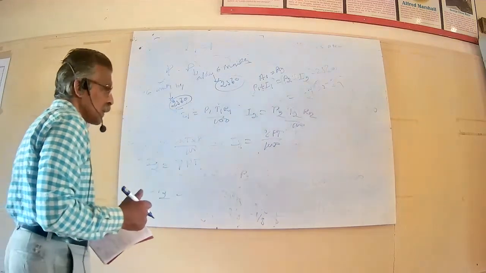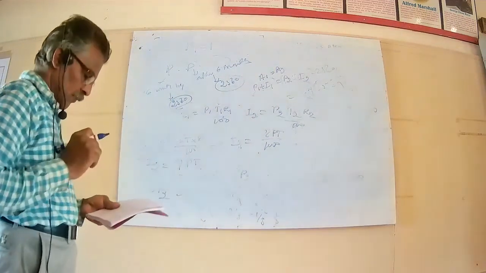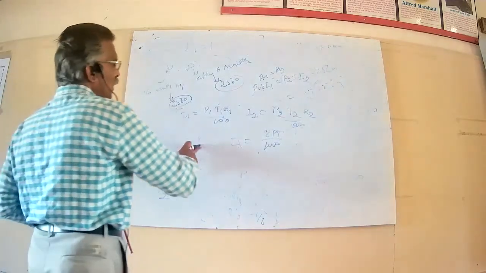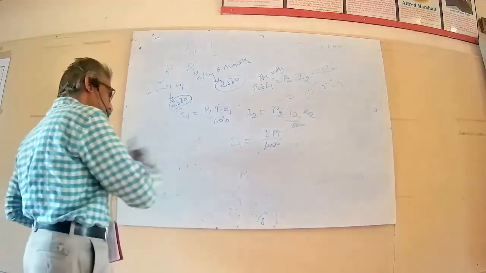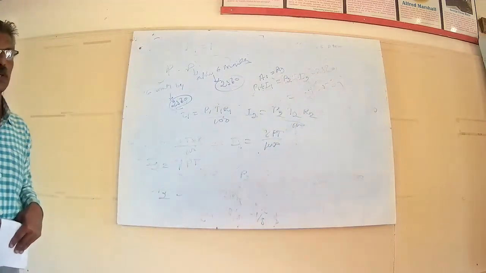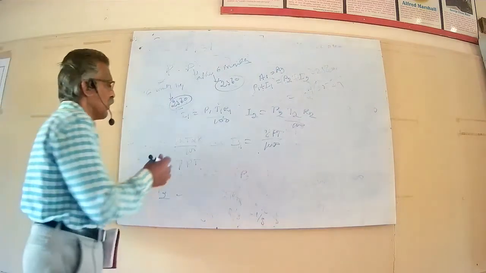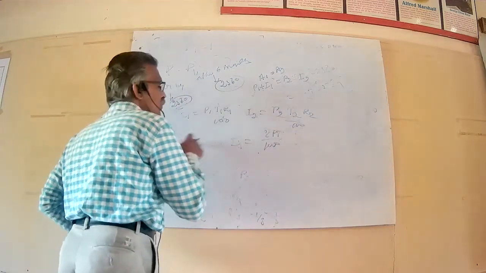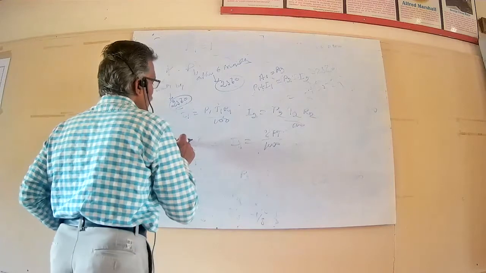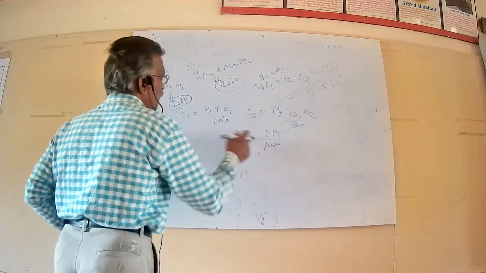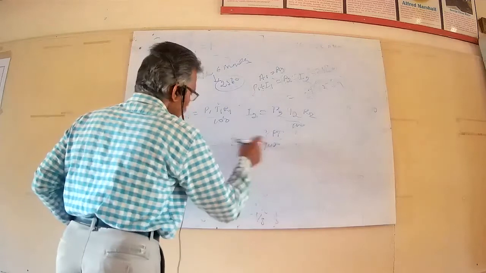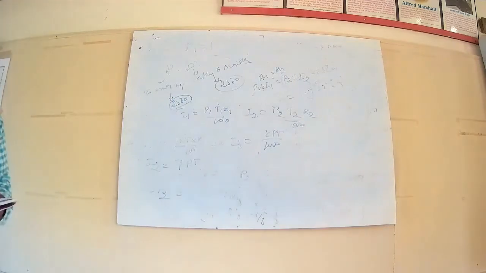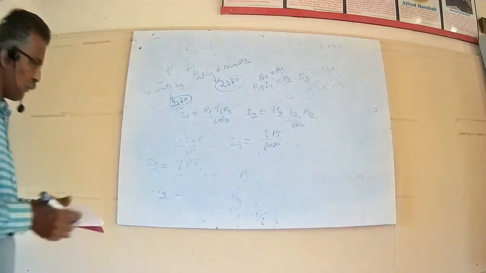Here what happens to T? We have to do T plus half. If we take T for this, then T plus half for the other, because this was recovered 6 months before. It is already recovered 6 months before, so this is 6 months. So if you consider here T, it should be T plus 6 months, or if you consider this as T, this should be T minus half year. You can take it either way. That gives you 7 PT.